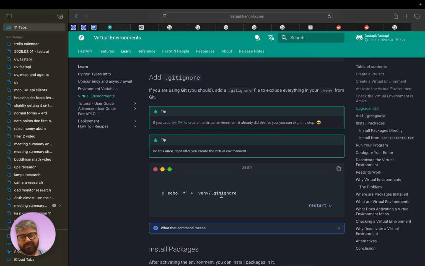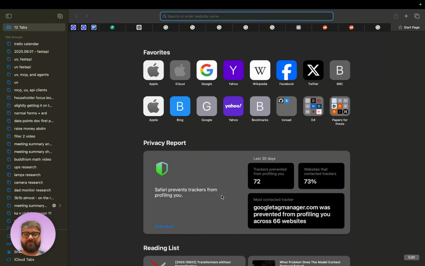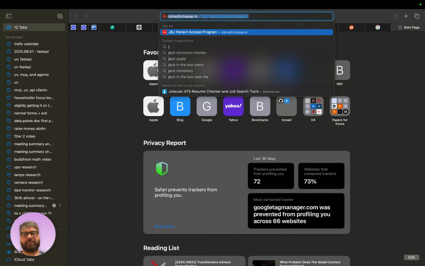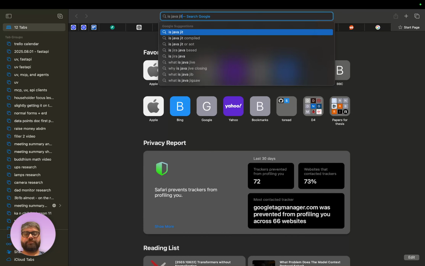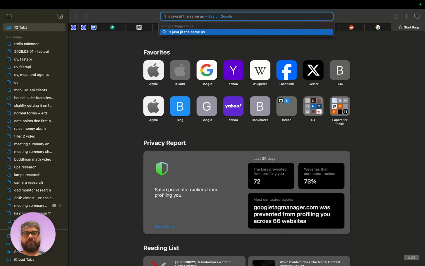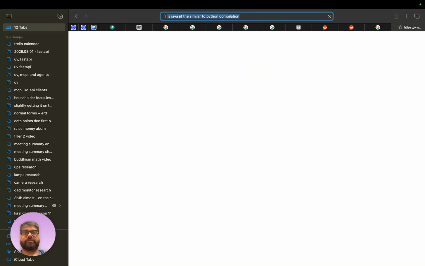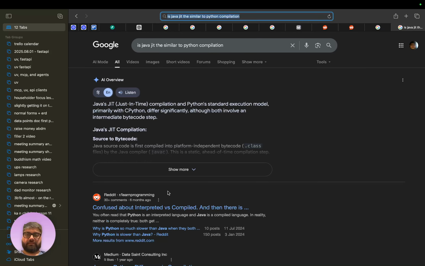In fact, you know what? I've said that so many times because they are similar, but let's see if they are. How similar are they? Is Java JIT similar to Python compilation? Because Python is essentially compiled.